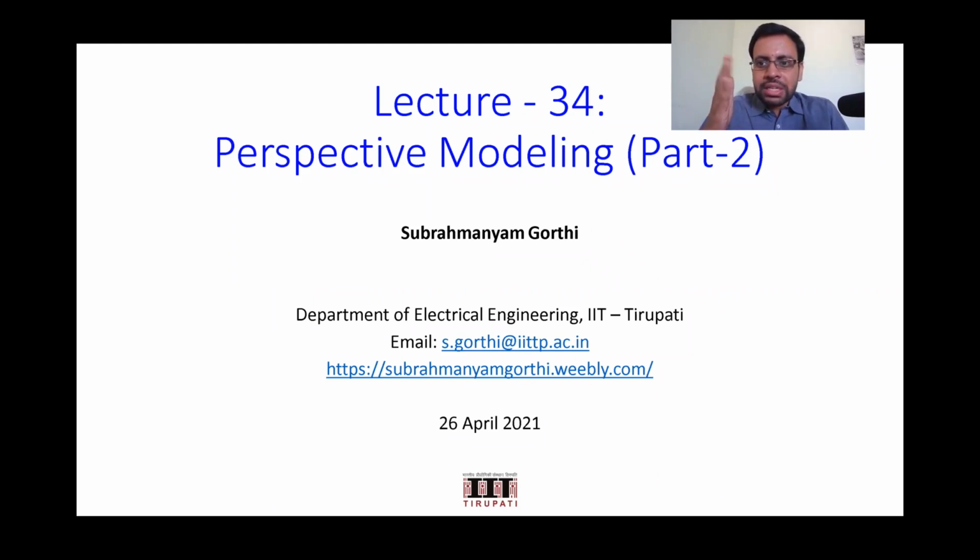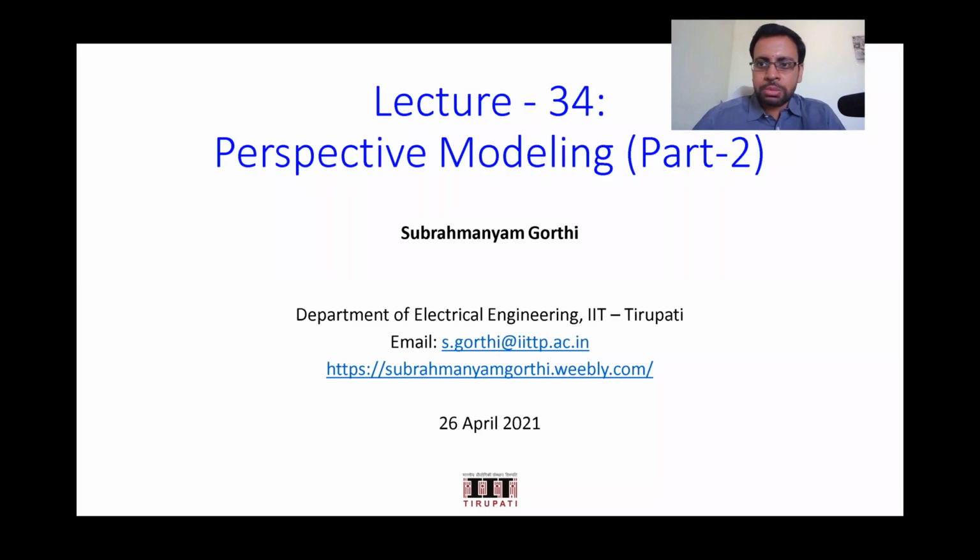So what we did in the previous class is we discussed what is meant by perspective projection. We also figured out that, if you are using a pinhole camera model and you have a point xyz in 3D space, and also the distance from your pinhole, or the center of projection, to your image sensor, then what would be the projection of this 3D point onto a 2D surface which is at a distance, let's say f, from the pinhole camera, on the other side of the pinhole camera.